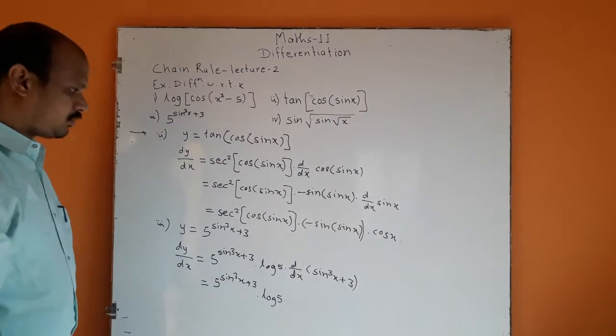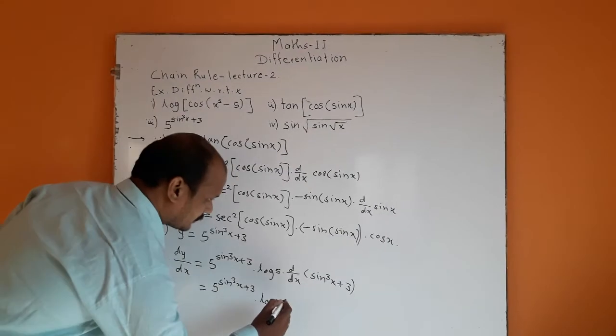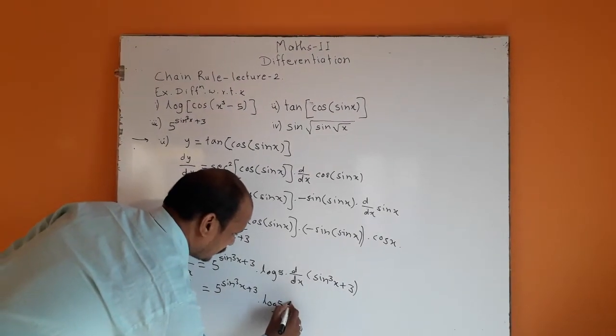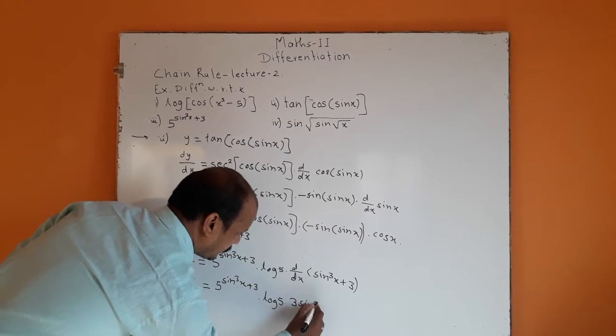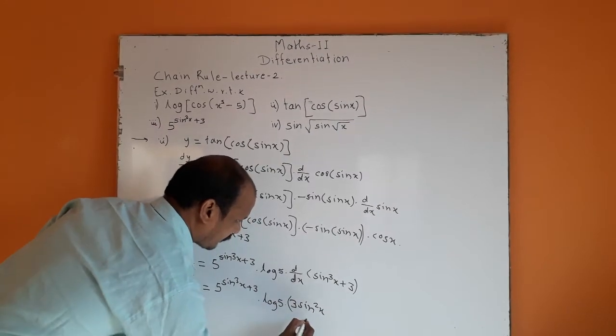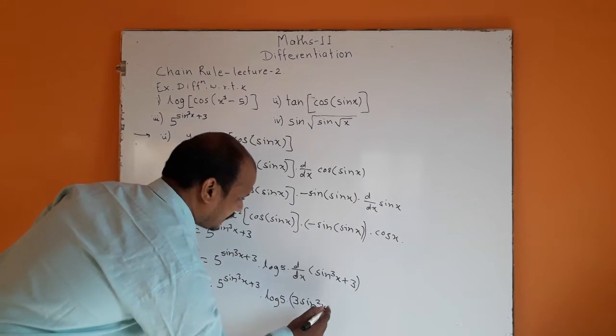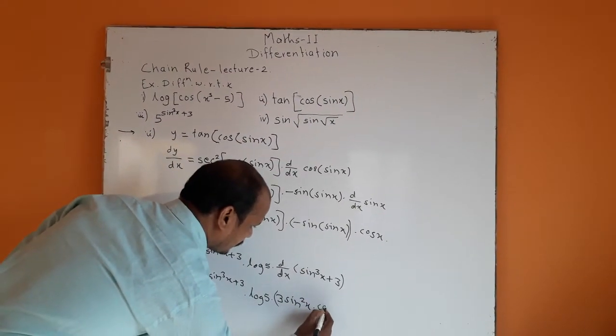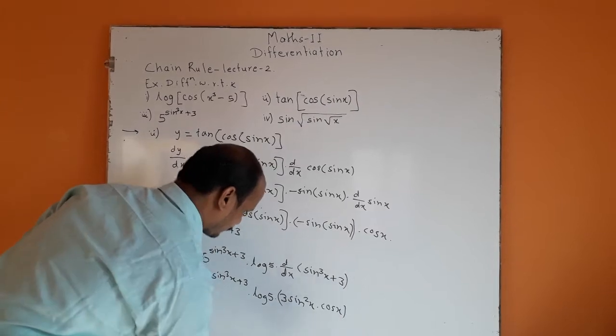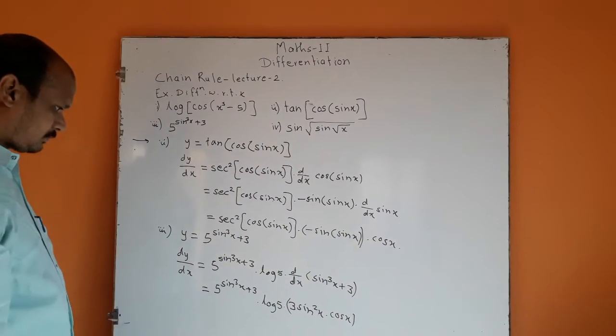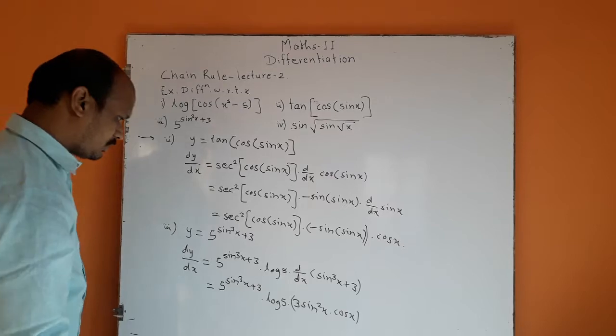Now derivative of sin cube x plus 3 is 3 sin square x into derivative of sin x, that is cos x. So the answer is